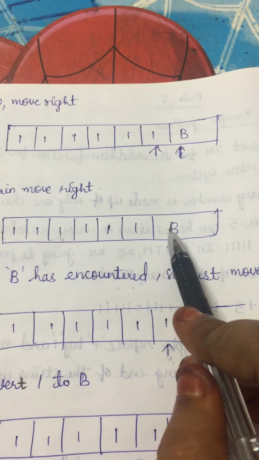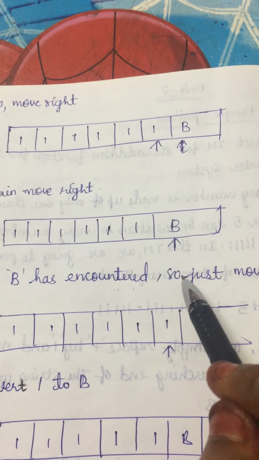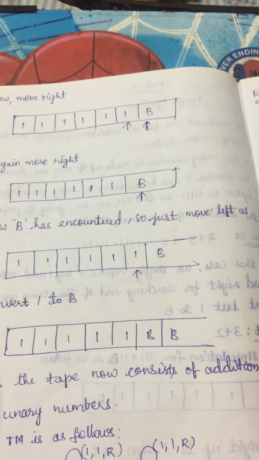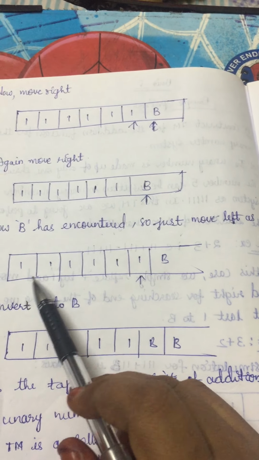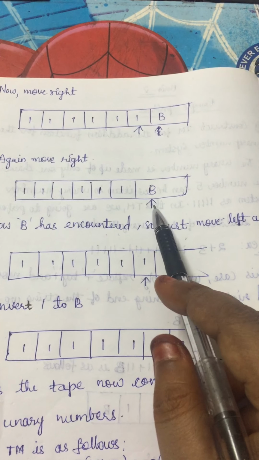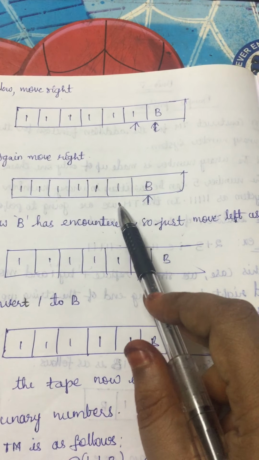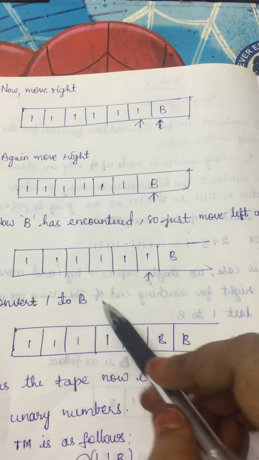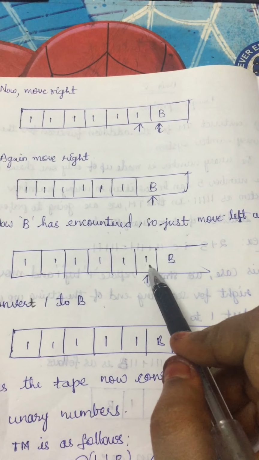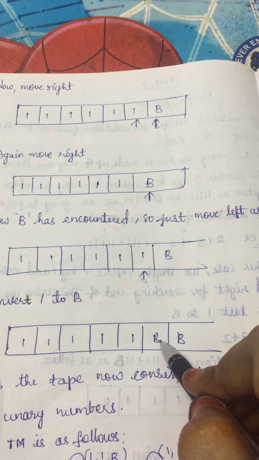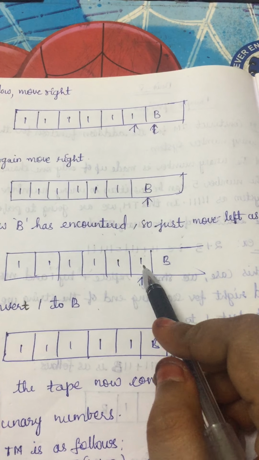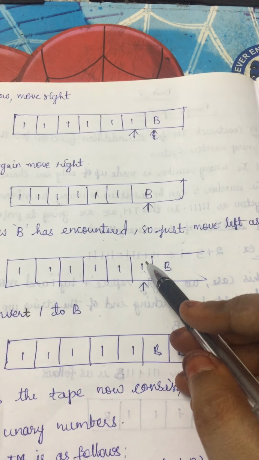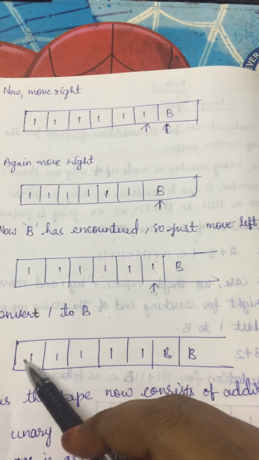So as soon as the blank symbol has occurred here, what we should do? Just move left. So we need to move in the left direction like this. See, in the previous step it was near the blank symbol. Now we should move one step to the left. So left. Now what we should do? Convert this 1 to blank symbol. So that is how this 1 is converted or reduced to blank symbol. Now when this 1 is converted to blank symbol, count the number of ones